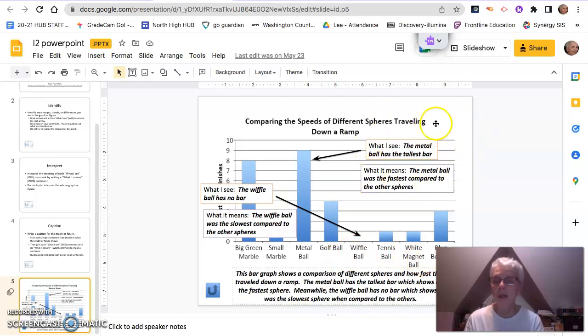The second what I see, or WIS, is that the metal ball has the tallest bar. Notice, I didn't say why it had the tallest bar, I just